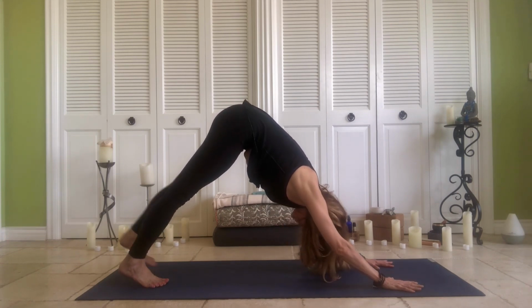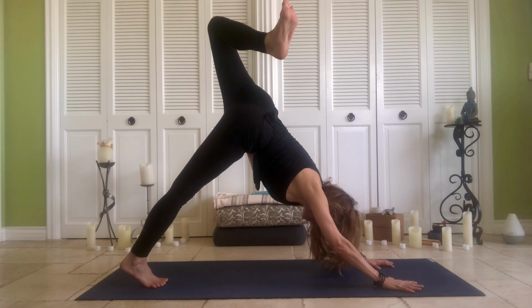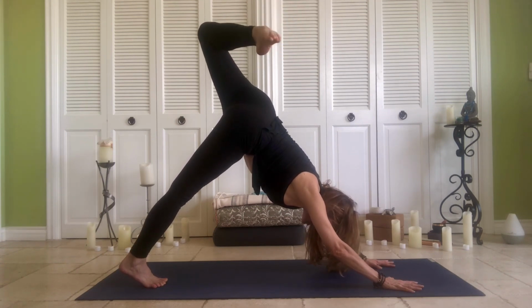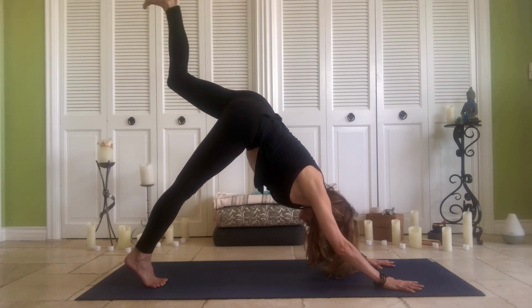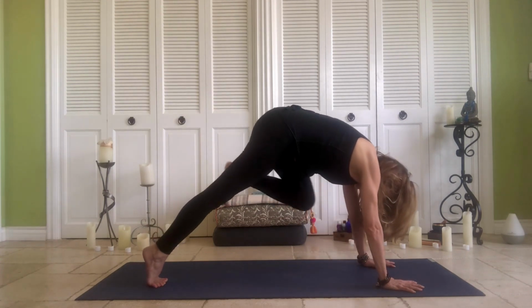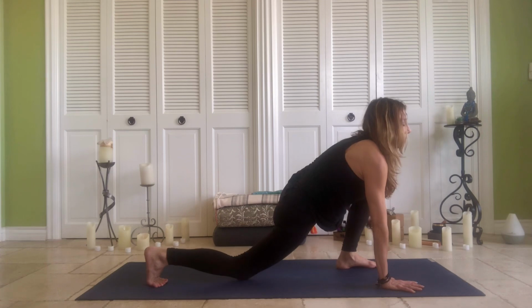Then breathing in, your left leg lifts, bend your knees, stack your left hip over your right, keep pressing equally through both palms, and rotate the left ankle. Just a few times in one direction, and then a few times in the other direction. Re-straighten out your left leg, toes point down, breathe in. Exhale, knee to your nose, look forward, step your left foot by your left thumb, release your right knee down